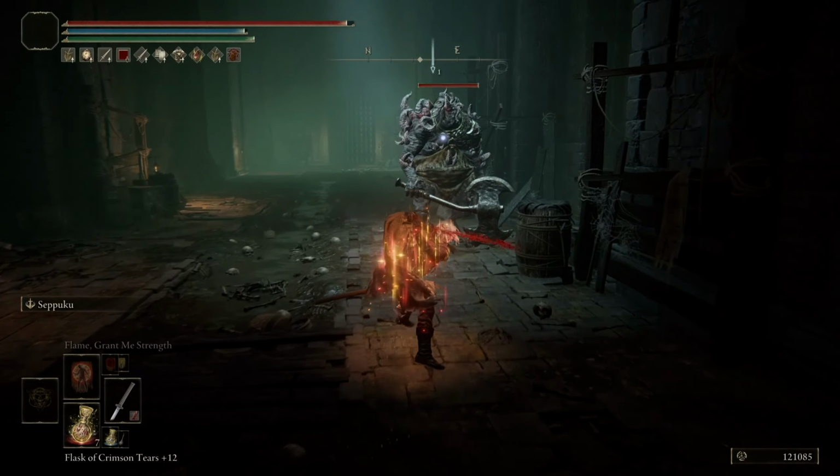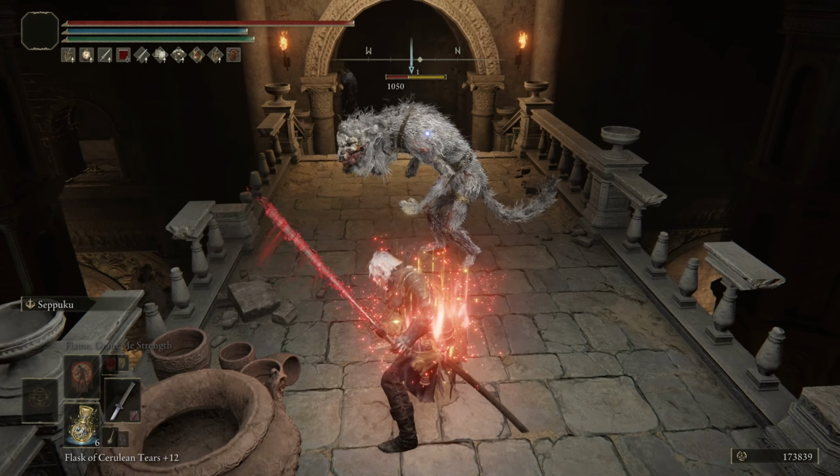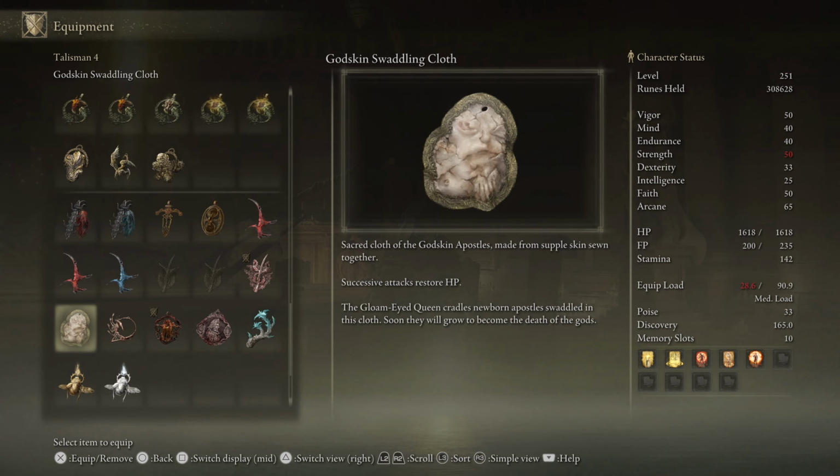Now, depending on the situation I'm in, I'll trade out Marika's Sword Seal for a couple of different talisman. For zone clearing, I will instead use the Taker's Cameo, an item that restores health after defeating enemies. If I'm on a particularly difficult boss fight or an area where there are enemies that won't die in one hit and I can chain together successive attacks, I'll use the Godskin Swaddling Cloth so I can get back some